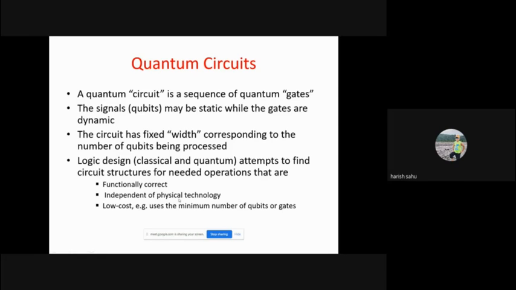There are different technologies available to implement quantum gates or qubits, but our circuit should not depend on that. Let's suppose I ask for a quantum gate such as the Hadamard gate, then this Hadamard gate can be implemented differently in different physical technologies, but it should behave as the logical function of the Hadamard gate in all the technologies.